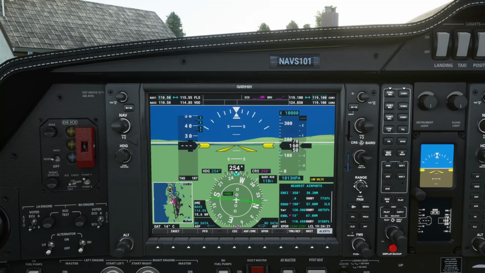Now if you want to fly direct to an airport, we have the direct button here.